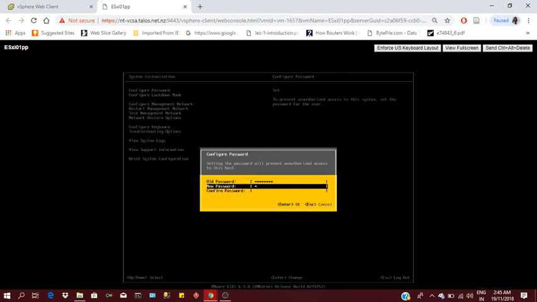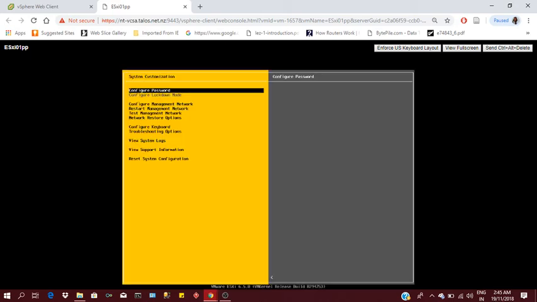Now you can change your password. Click enter. So here we are configuring our ESXi,